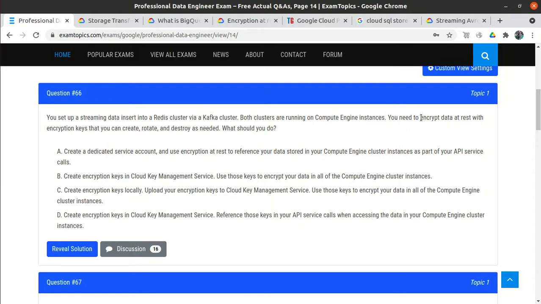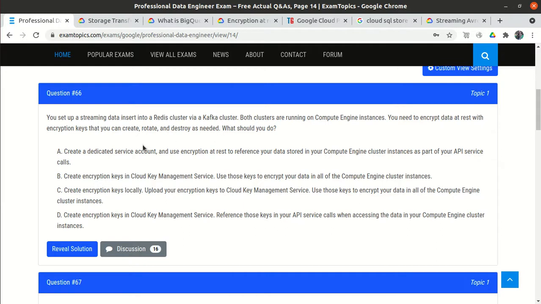But here we need to do encryption of data at rest. So we have the database, and on the data in the database we need to perform encryption using encryption keys. But we need to do it in such a way that the keys can be rotated and destroyed as needed. So let's suppose we encrypt the data using one key, key 1, but it could be rotated after maybe 1 month, and now the data will be encrypted using key 2, then after the next month the data gets encrypted using key 3.